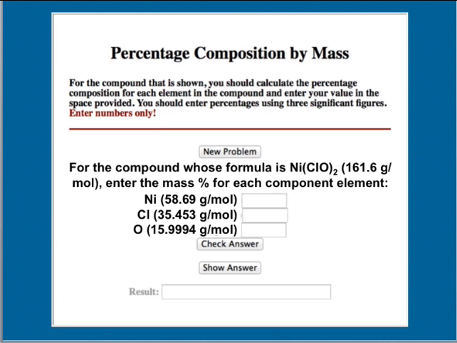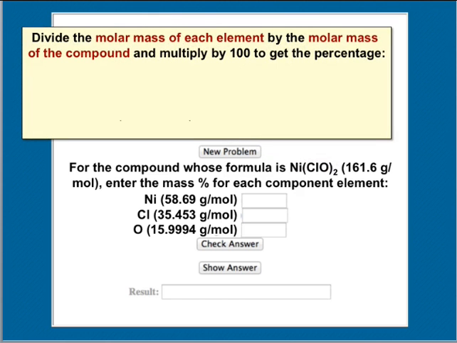All right, now think about this. How do you do this? Really is going to be your favorite tutorial. You look at this and say, what's the mole ratio here for nickel? It's 1 nickel per nickel hypochlorite, right? So that's 1. We know how much this stuff weighs. We know how much a nickel weighs. So, for nickel, it's simply going to be our 58.69 grams divided by 161. And we're 36%.